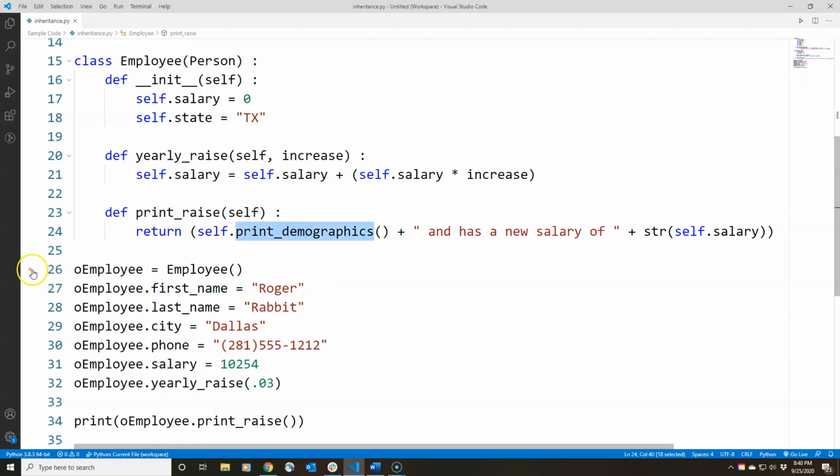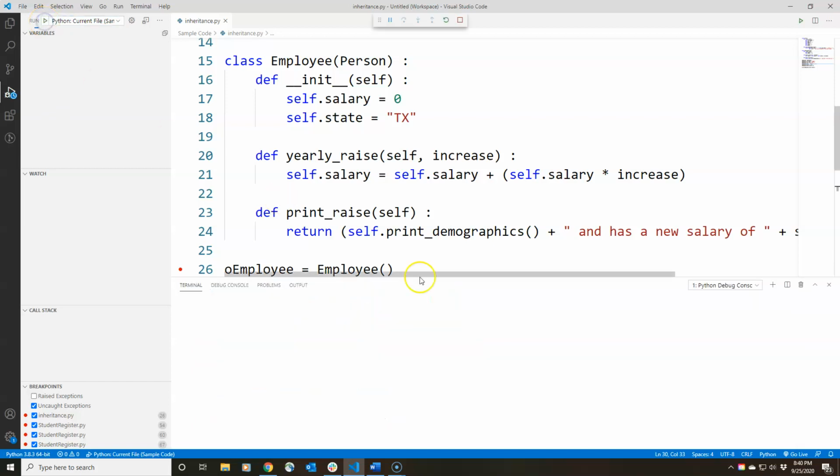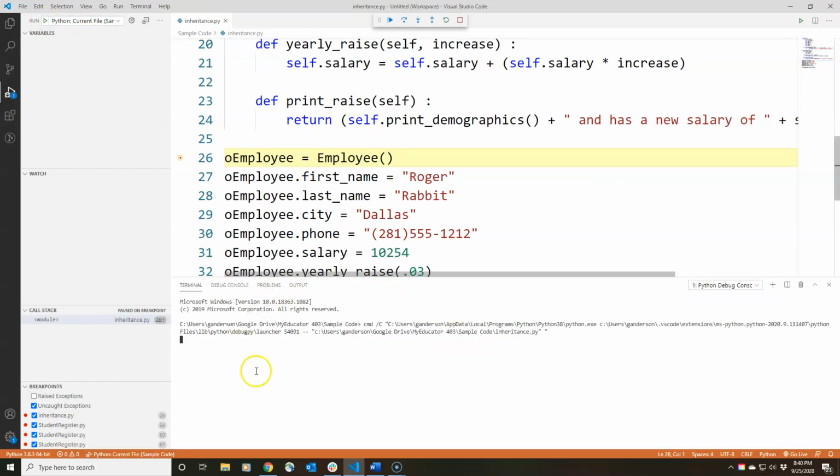Let's set a breakpoint on line 26. Save your program, set a breakpoint on line 26, go to your debugger, and you should have already set this up in the last video. It should say Python current workspace or the file. If you try to launch Chrome, it's not going to work. So make sure you're using the current file. Click the Start Debugging arrow. It starts the debugger. It's waiting for us to execute this. Ready? Let's execute. Step into